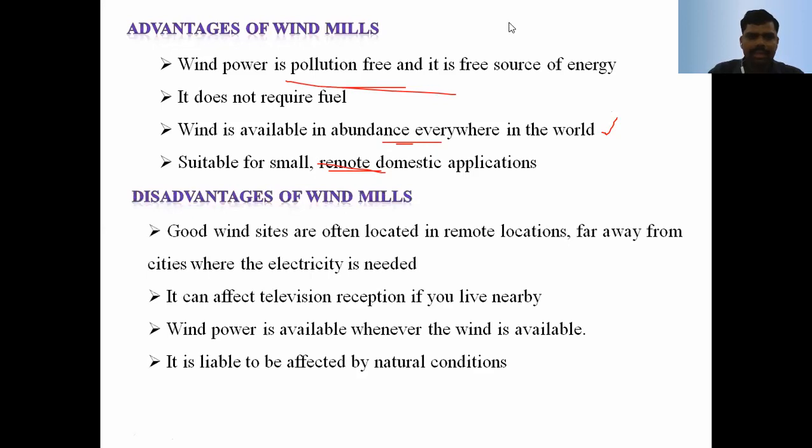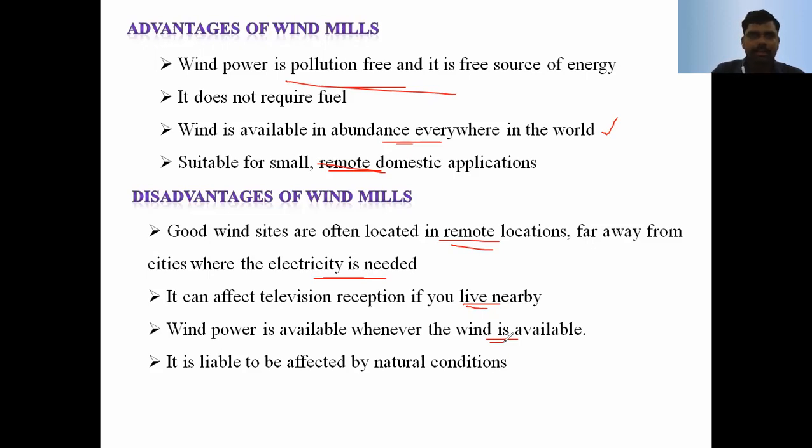And the disadvantages of wind power generation: we need to identify the location, that is remote locations, far away from the consumers, far away from the airport and far away from the populated area. And sometimes birds are killed by flying into the rotors. We need to choose a place away from the forest area, and it makes a lot of noise. This is the major drawback. And visual as well as noise pollution, visual impact.